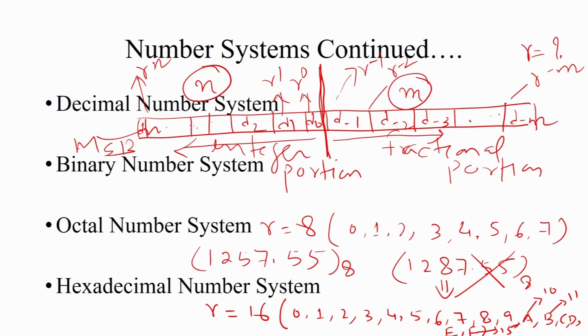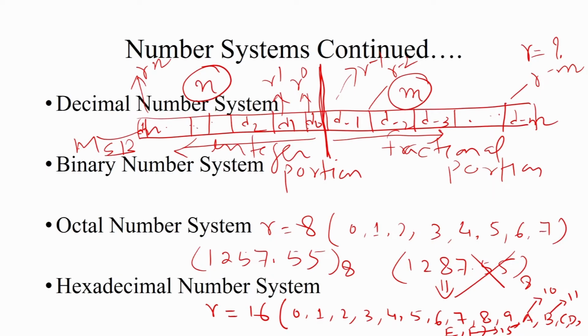So after this, we simply take the number in that particular position and multiply it with the corresponding base index. If it is in index 0, then we multiply it by r to the power 0. If it is in the first index, then r to the power 1, in case of the integer portion. And for the fractional portion, we simply multiply the first digit by r to the power minus 1, the second digit by r to the power minus 2, and so on.